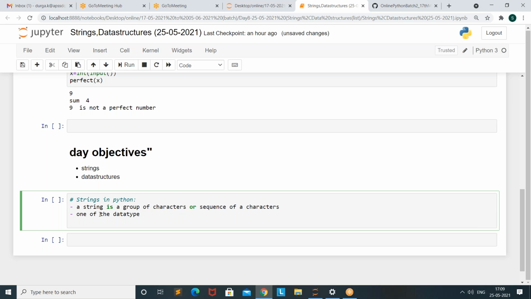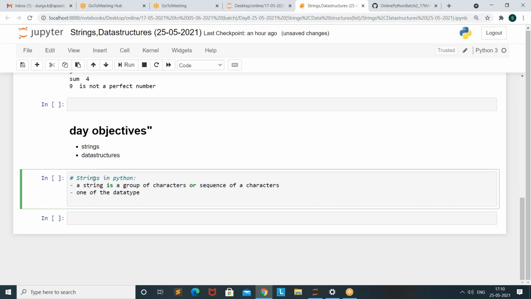So in Python, we can create strings with single quotes or double quotes or triple quotes also. Okay. So I'm taking a variable. S is my variable. Here I'm taking a string with single quotes.